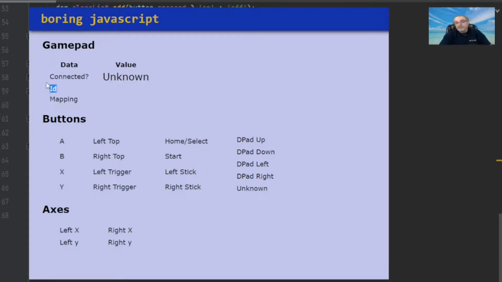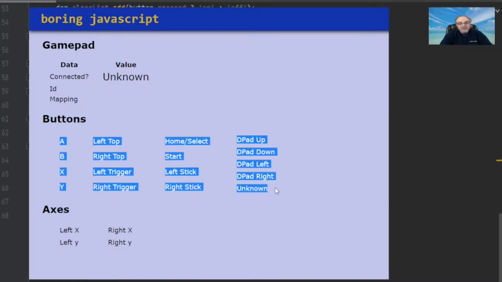I'm going to get the ID, which you've seen in the last one. That was the thing that I put in the very beginning in the unordered list. I'm also going to show you the mapping, and that's going to be critically important, as I'll show you here in just a second. Here are all the different buttons that are available to us, all the way to an unknown button, because my particular controller didn't have that final button on there, but we have the A button, the